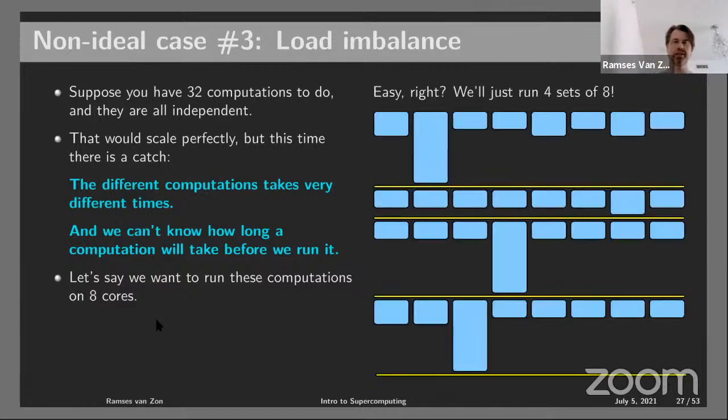We could do it this way, where we say, OK, I'll take my first 8 computations and give them to different cores. So this is core 1, 2, 3, 4, 5, up to 8. They're all doing some work, but one of these cases takes a little longer. Imagine time running in the downward direction here, so the height of these bars is how long it takes. This second one takes longer, and all the other cores are just waiting. But I didn't know that, because I have another set of 8 ready to go once this first set of 8 is done. So here's the second set of 8.